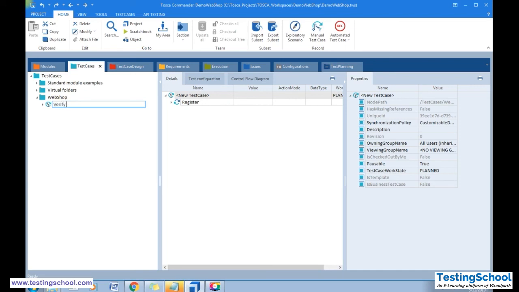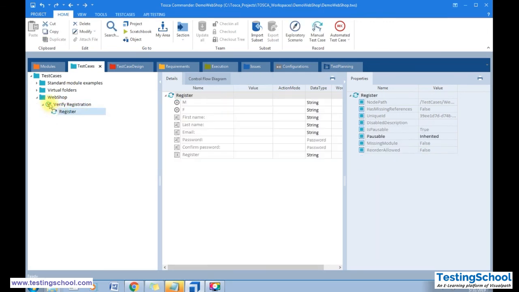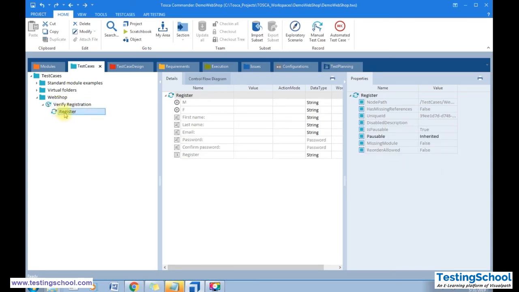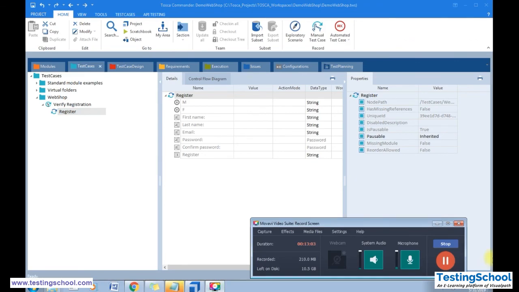Like this we are creating a test case, and this is the test step. This is one of the test steps in this test case. So this is how we scan the modules in Tosca. Thanks for watching the video.